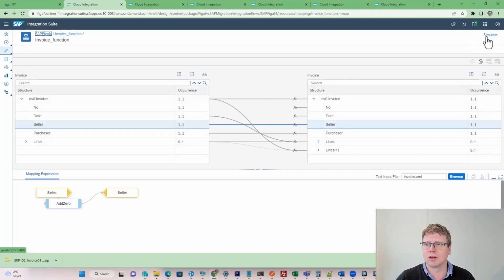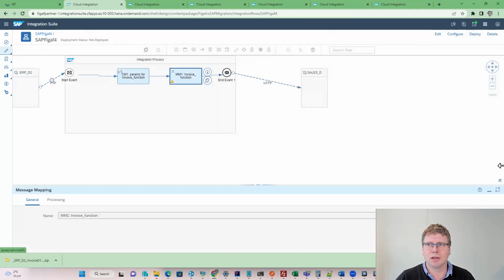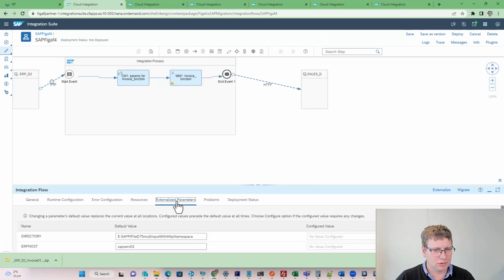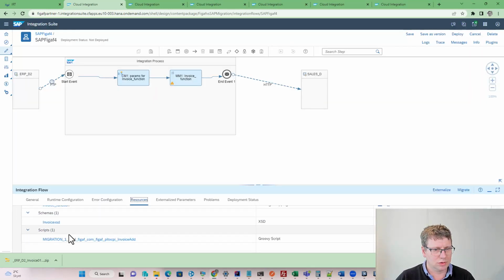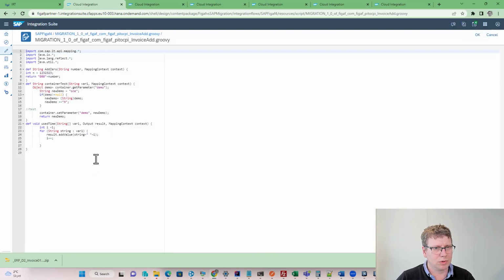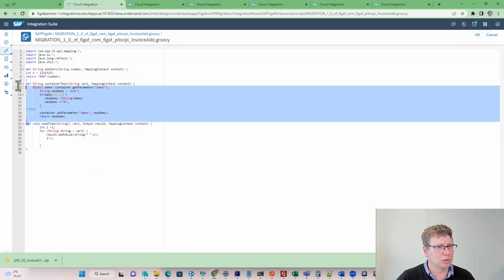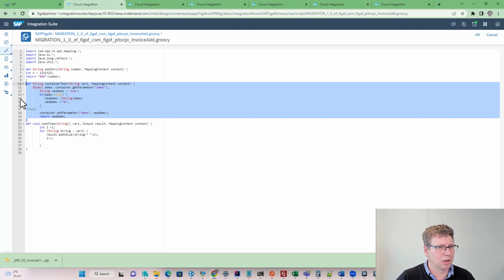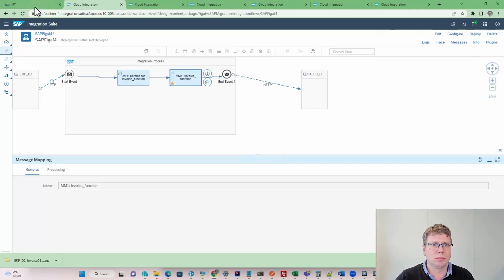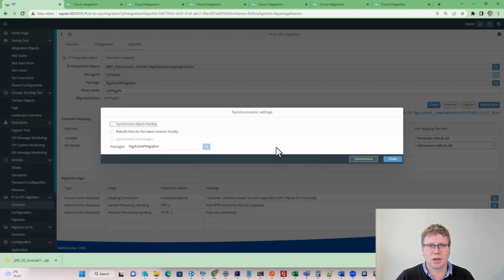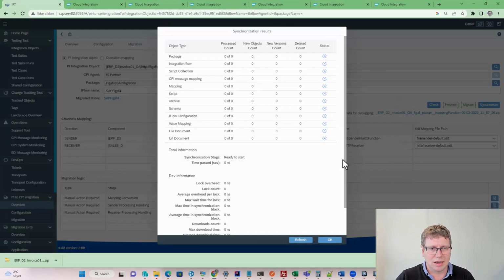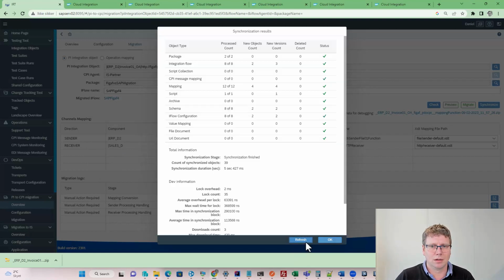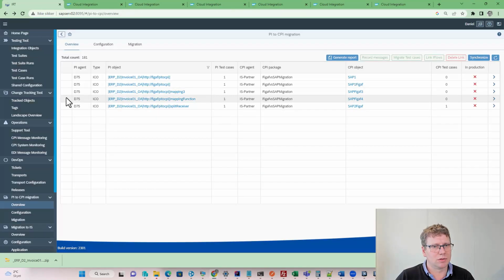We're not in edit mode, so let me just try to go to edit mode. So let's try here, externalize resources. We have here the script one. We will just delete this one. It is not used in this scenario anymore. Or we can uncomment it or whatever. To do that in the Figaf tool, you need to go back here and synchronize so we know what the different items are that we have for this specific scenario. Linking object finished, and now we can try to